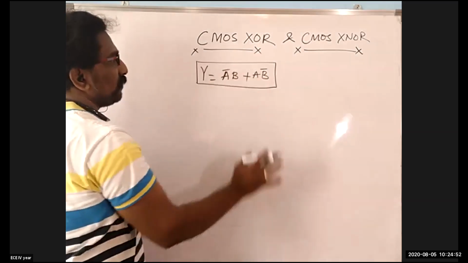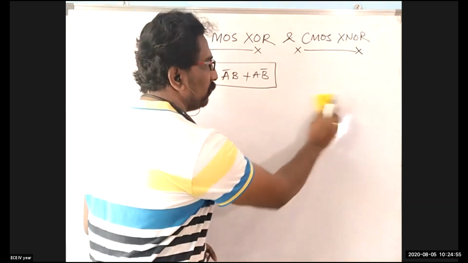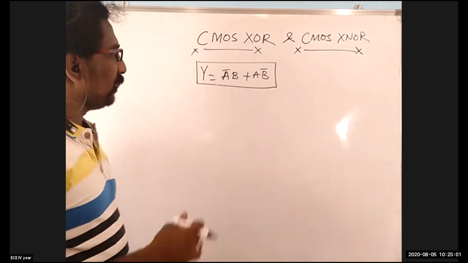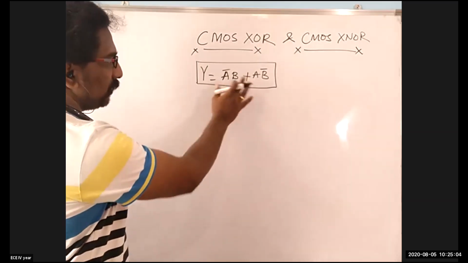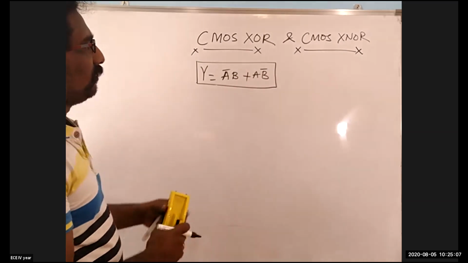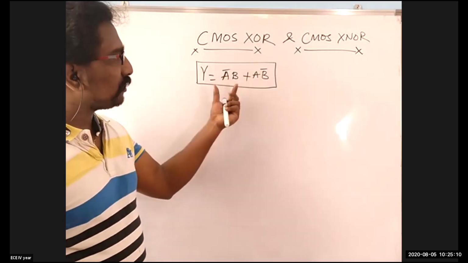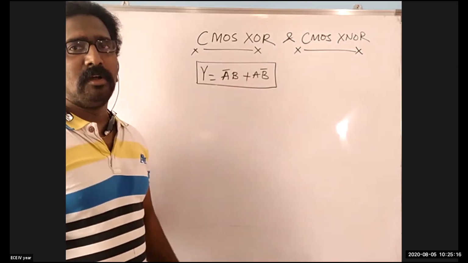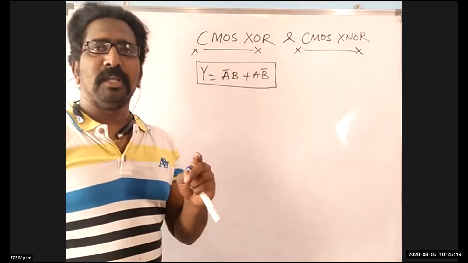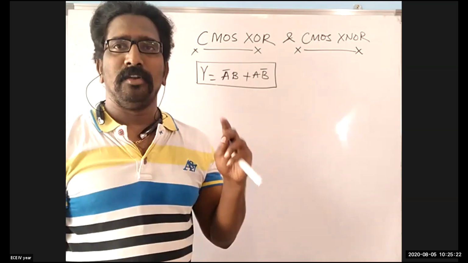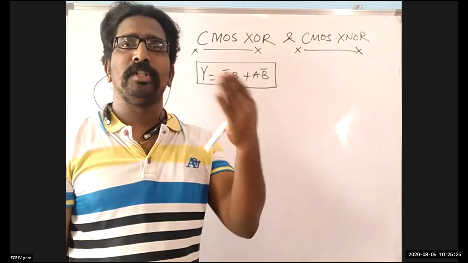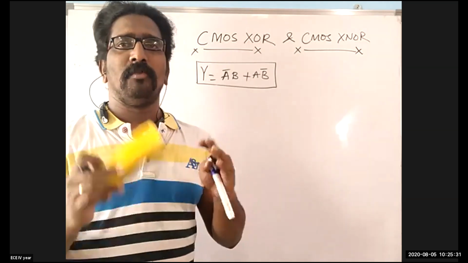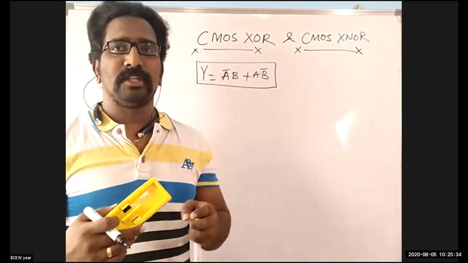For this particular Boolean equation, you are supposed to construct this CMOS structure. See now, in your particular design, you have two sets of operations: a dot operation and also a plus operation. Always keep in mind that whatever the set of operations in your Boolean equation, the entire P block should be above the N block only. You cannot draw a P block, then in between an N block, and then again a P block. Always a set of P transistors should be above a set of N transistors.